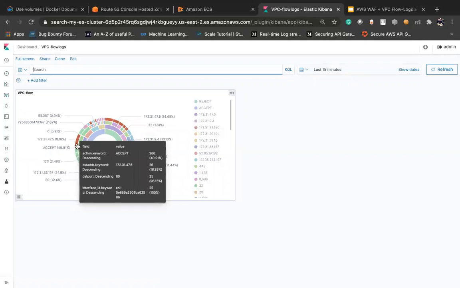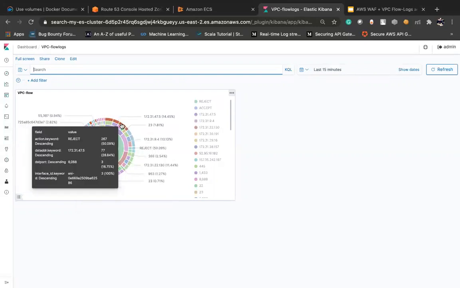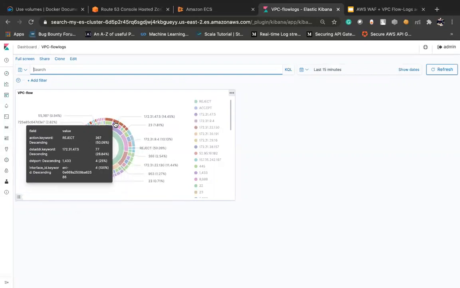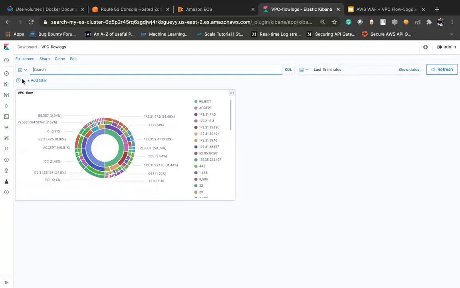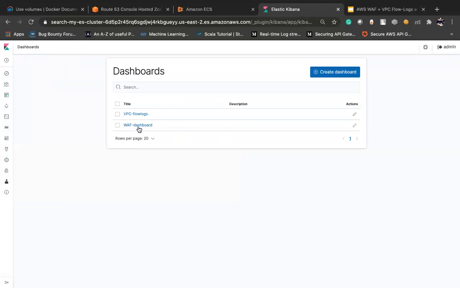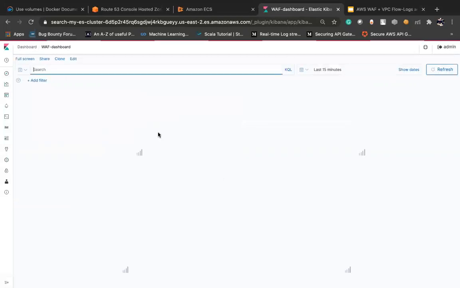And this is for the ENIs. For this ENI, requests are getting accepted, and here these ENIs are getting blocked. And for other visualizations in the WAF dashboard,